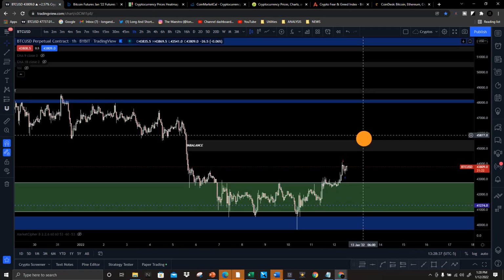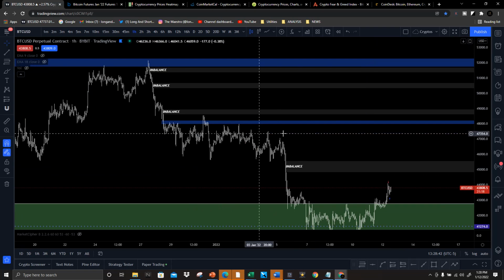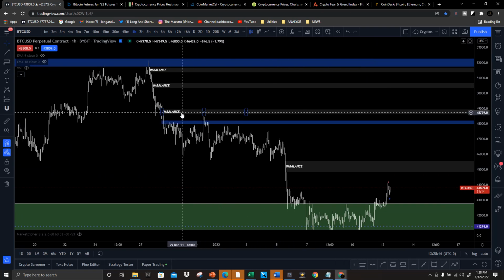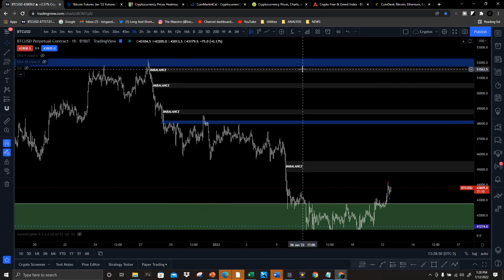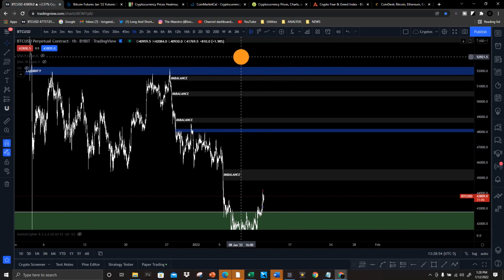Now, where are we looking for in regards to levels? There is an imbalance here in price. There are liquidity levels here, sort of like a stair stepper liquidity here. Also, you have an imbalance here, liquidity here, imbalance here, imbalance here, imbalance here. There are objectives to the top that price can go and get. Do I think it's going to go for them?